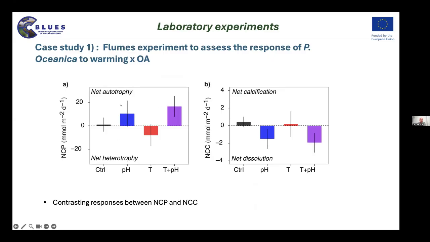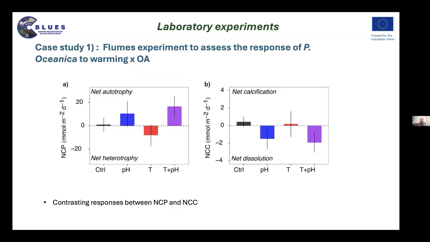And what we observe when we look at the net community primary production is that there was this increase in primary production at low pH, and an even stronger increase in primary production when we have a combination of high temperature and low pH. In contrast, when we have only an increase of temperature, we have a decrease in primary production, and then the